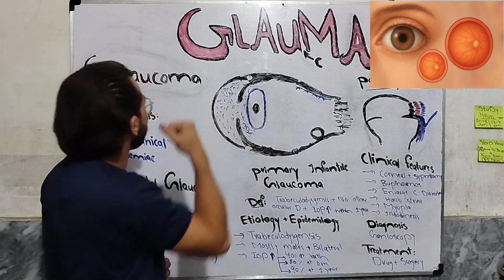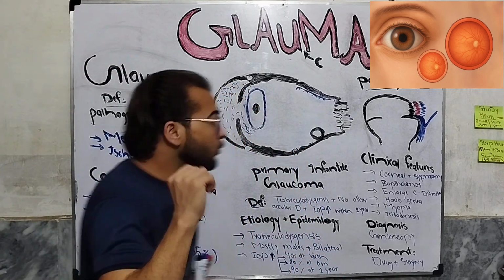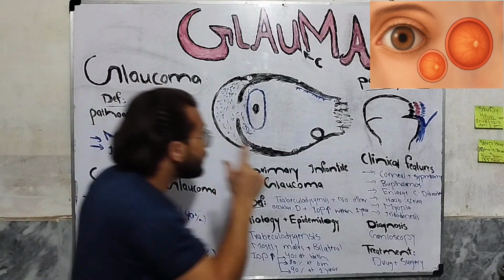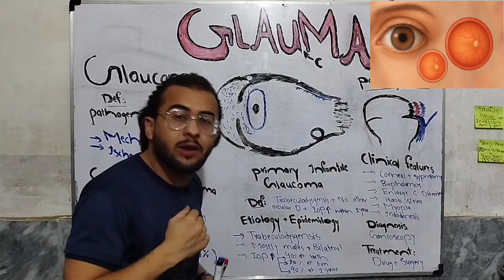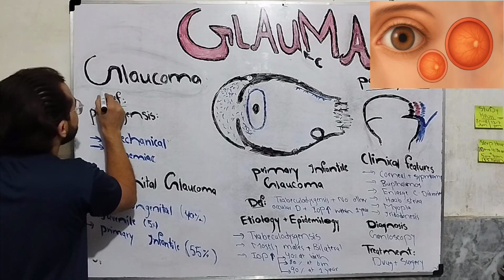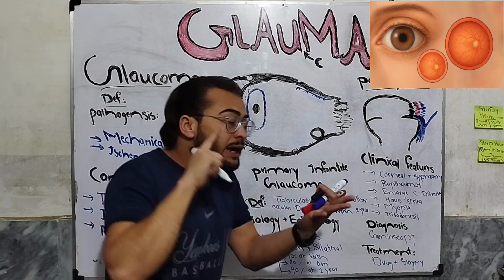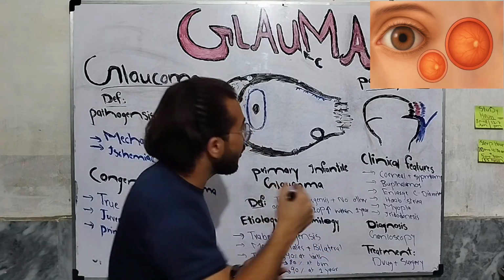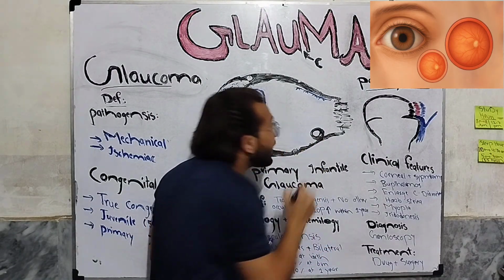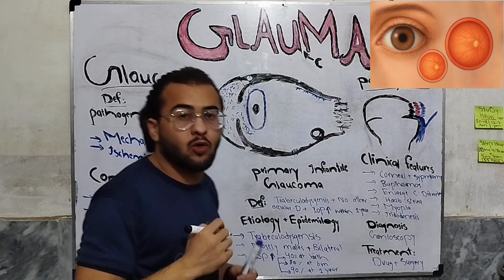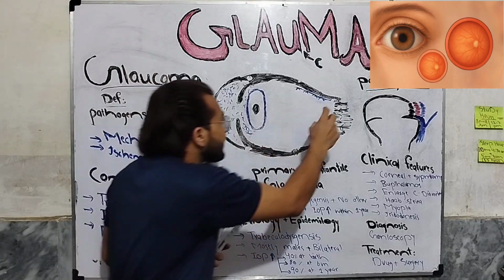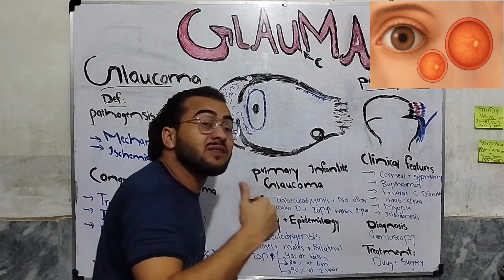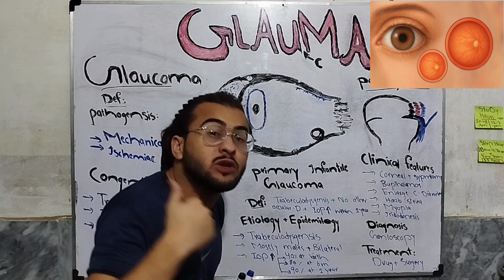Now glaucoma. So in this lecture we will only focus on the congenital glaucoma, especially primary infantile glaucoma. Okay. So what is glaucoma? Glaucoma is a progressive optic neuropathy characterized by optic disc changes and visual field defects. Okay. This is the disorder of the optic nerve, which is characterized by optic disc changes and associated visual field